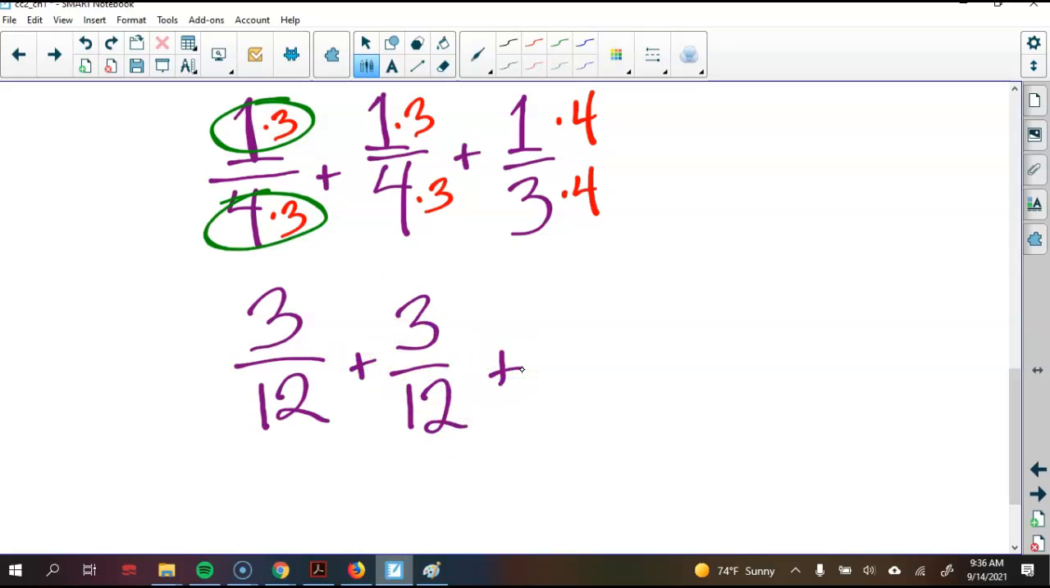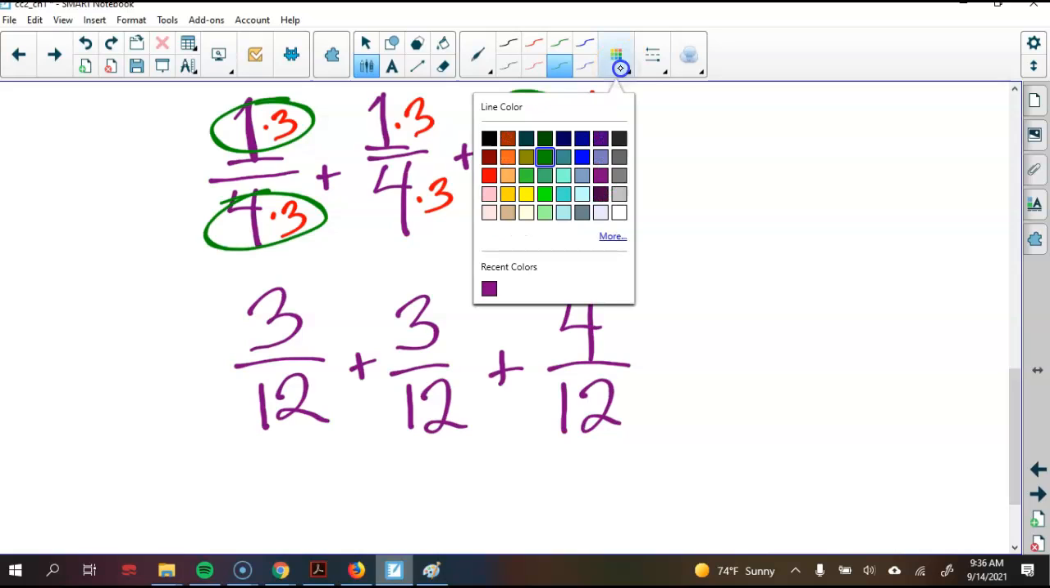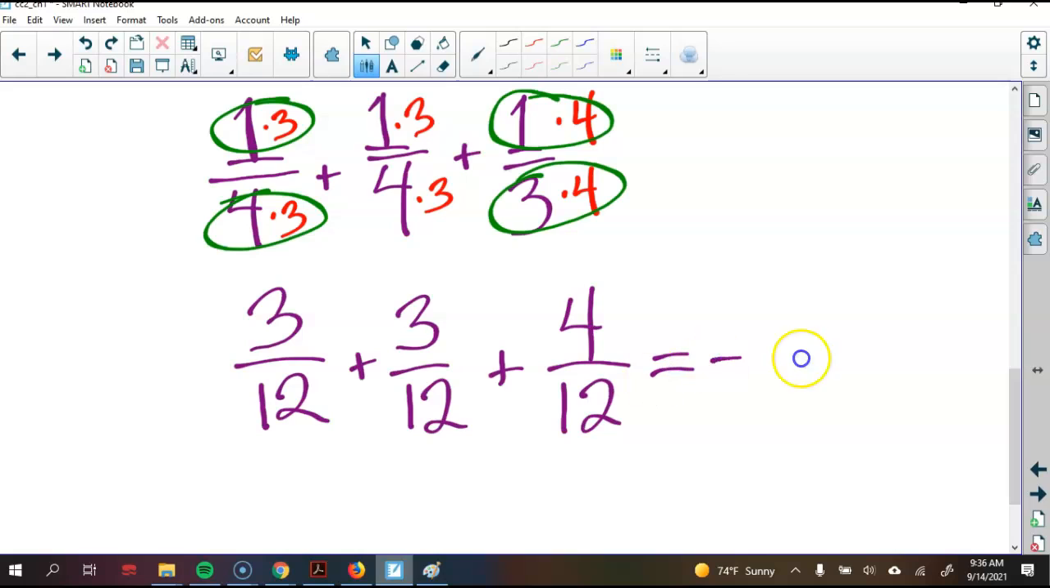And then 4/12. So guys, another thing you could start to remember is 1/3. 1/3 is 4/12. Right, we use this a lot. So then when I add these up, what do we have? How many 12ths? 10